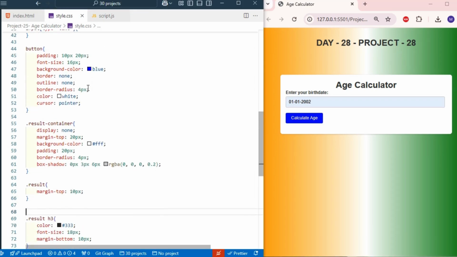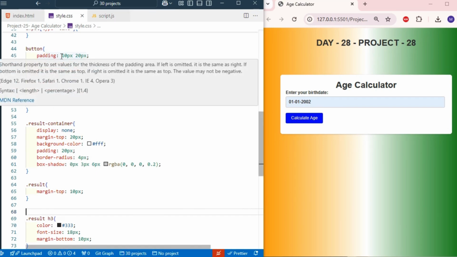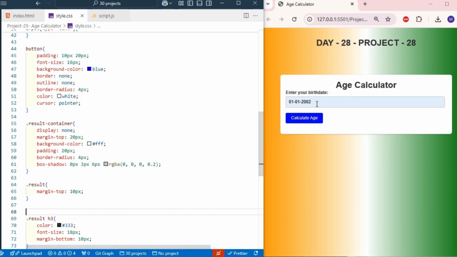Then take one button tag to calculate age. I am taking a padding of 10 pixels top and bottom and 20 pixels left and right inside of the button, and font size is 16 pixels. Background color is blue, and border is none. I didn't take any border or outline for the button tag.